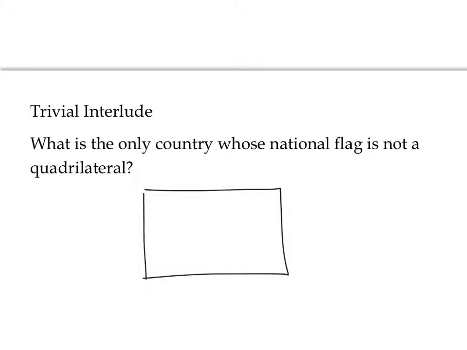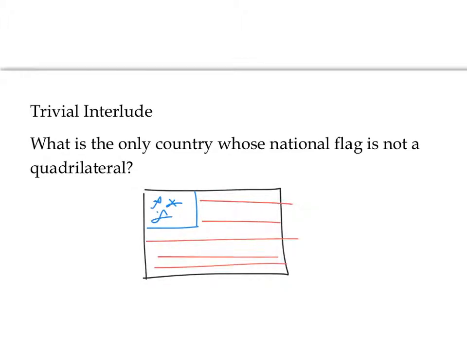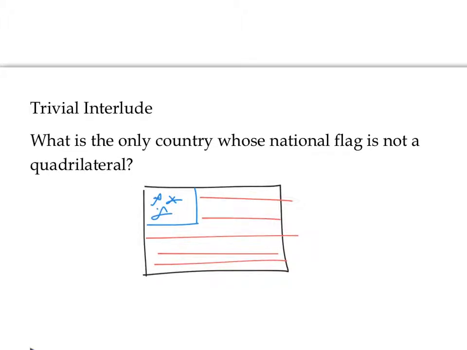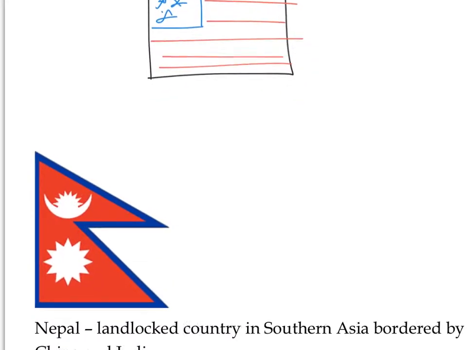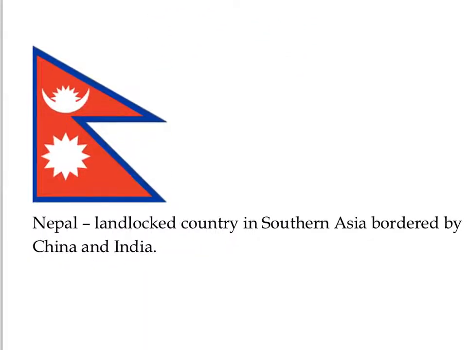flag. We've got our red and white stripes, right? Our stars. So we have this blue area here with our stars in it, and our red and white stripes, whatnot. So, right? A rectangle, quadrilateral. There's only one country whose flag is not a quadrilateral. It looks like this. Not a quadrilateral, an interesting looking national flag, and it's actually the flag of Nepal, which